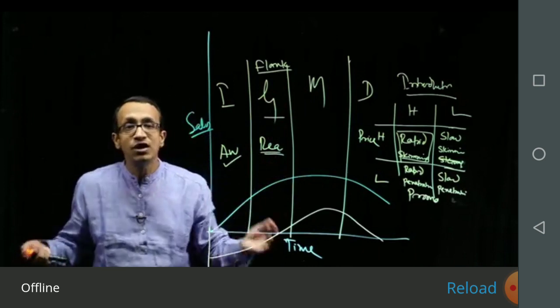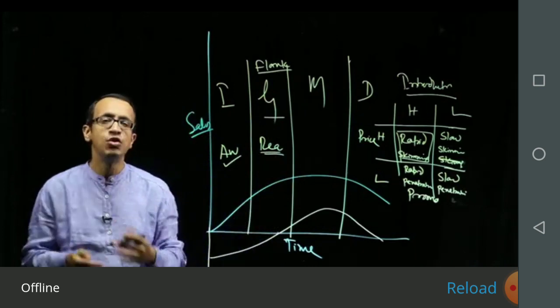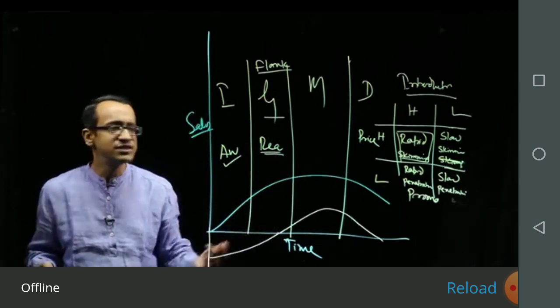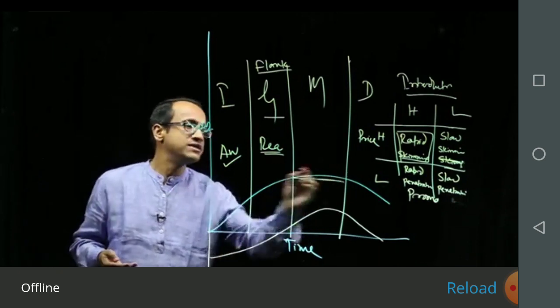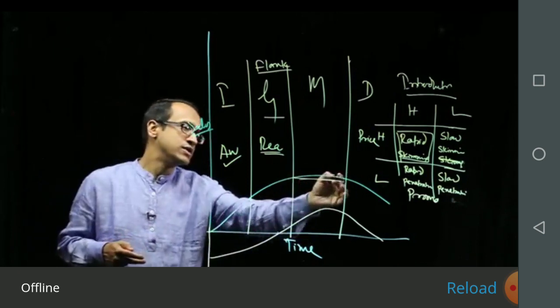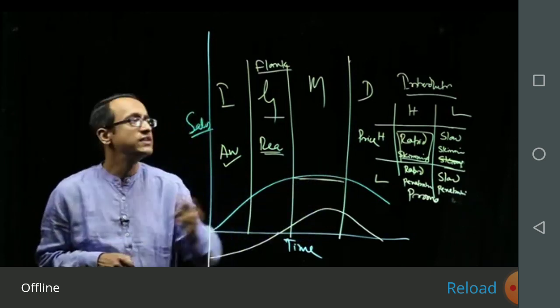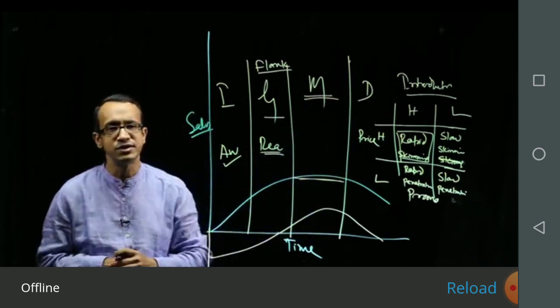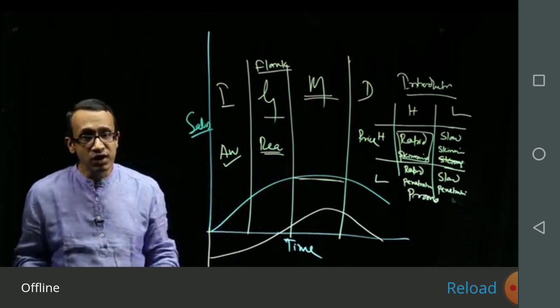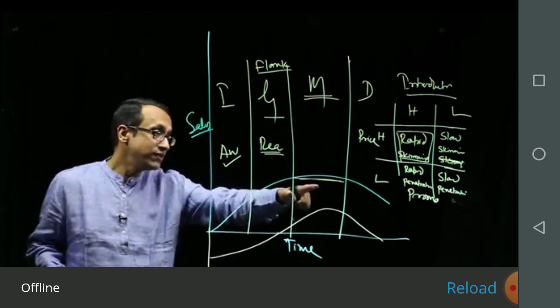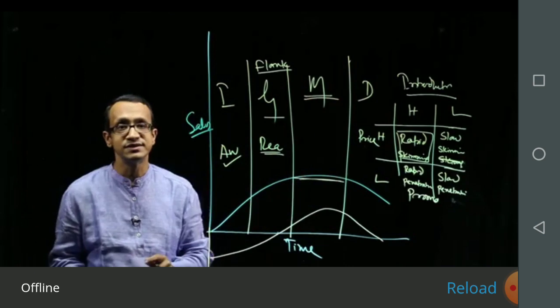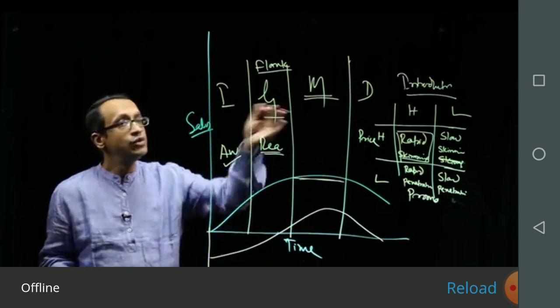Eventually, the competitors will come in. So there will be overcapacity in the industry and sales remain stationary. And then towards the end of it, the absolute amount of sales will start going down. This is what we are talking about in the maturity phase. So in the maturity phase, what will you do? You identify the maturity phase by the tapering of the sales. And what you do for that,